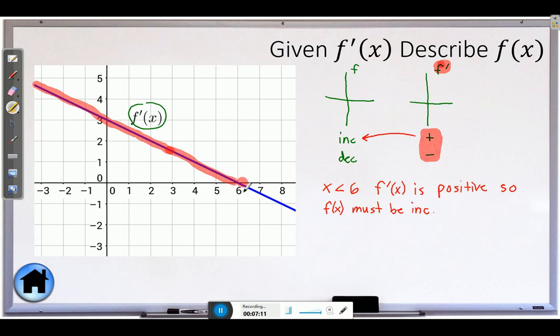Alright, and going from there, after 6, how am I going to describe the function down here? Well, now the function is negative. I know we still want to say decreasing, and yes, it is decreasing also, but I can't use that word to describe it. I can only use these over here. We are negative below the x-axis. So when x,